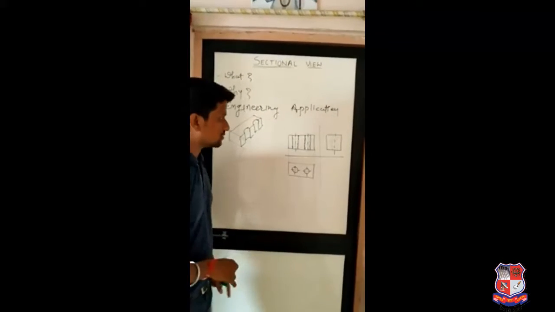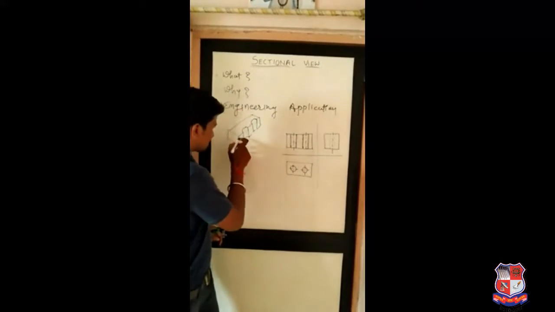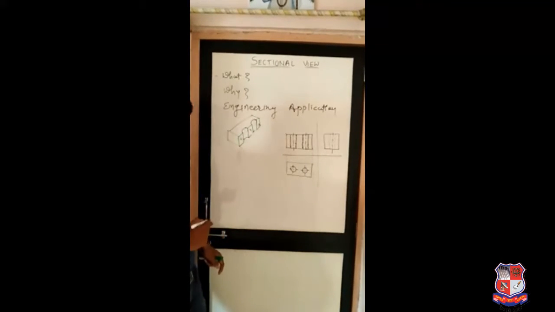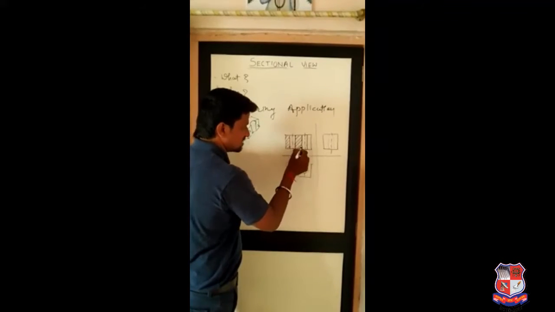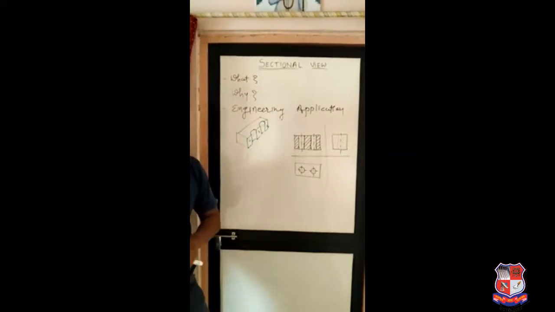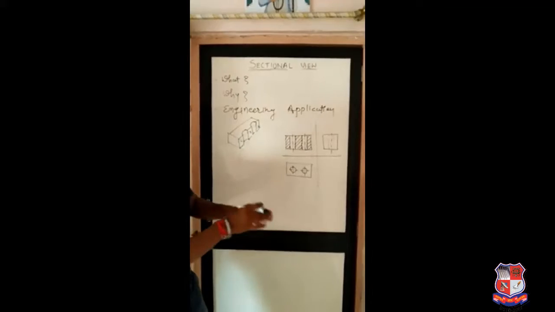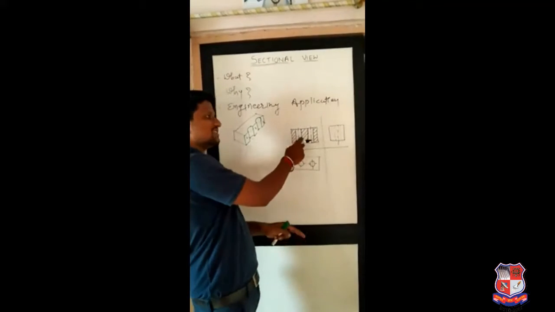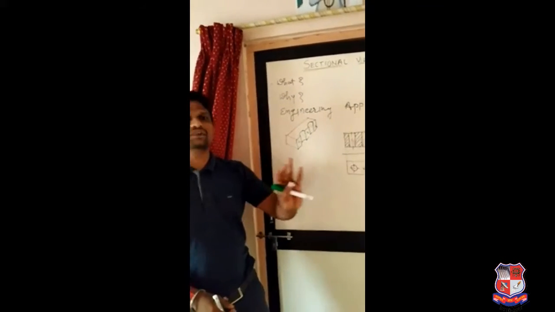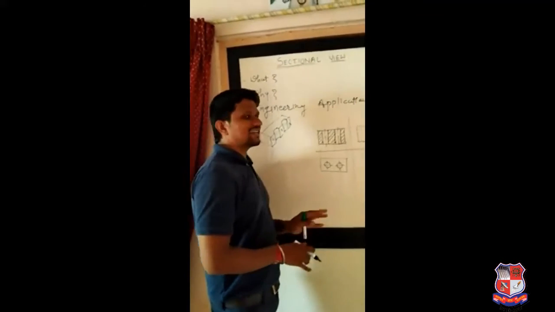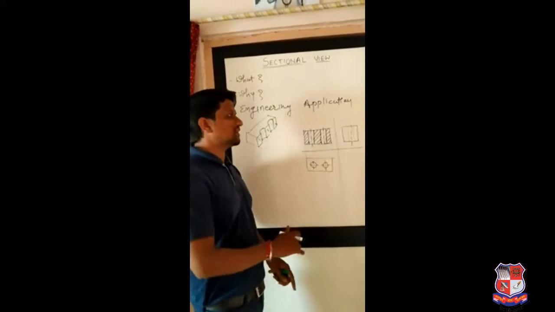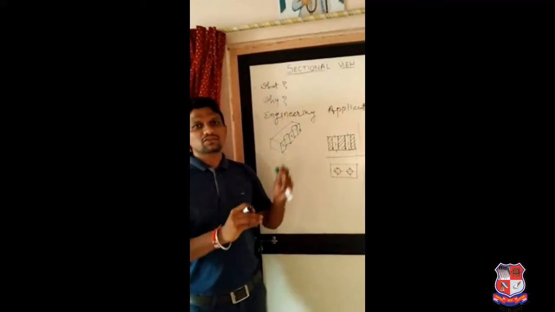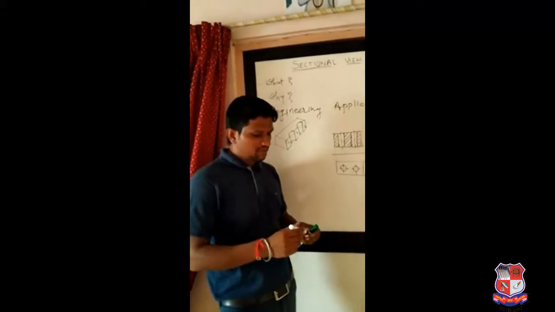One more thing you need to change: the surfaces 1, 2 and 3 are going to be cut. Over there you need to draw the section lines. We will discuss the rules later on, but this is your sectional view. The surfaces which are cut and the hidden portions which become visible, those changes you need to make in your normal front view, top view and side view. Before that, we need to go through the terms used in sectional view.